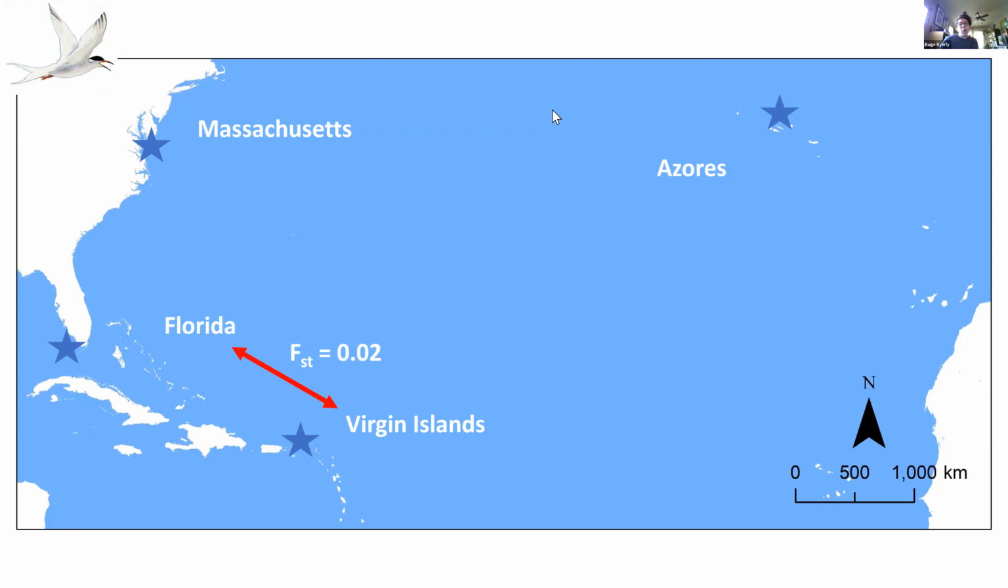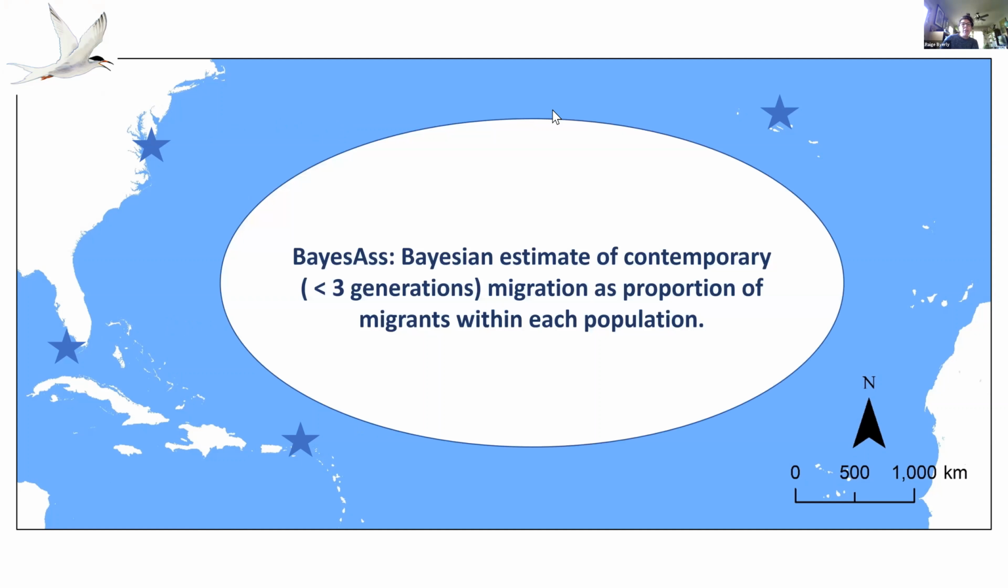And then looking just at Florida and the Virgin Islands, we did not have a significant FST, which suggests that Florida and the Virgin Islands are exchanging migrants, that there's not a lot of population structuring between them. Then we looked at Bayesian estimates of migration, and you can think of these totals as representing the proportion of